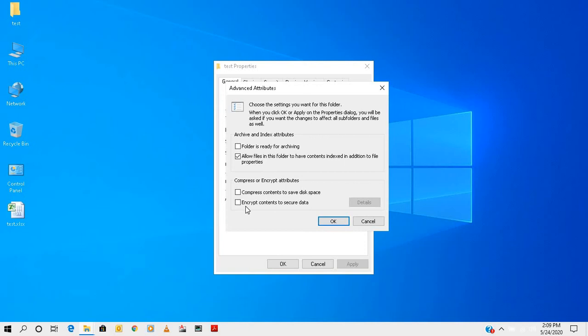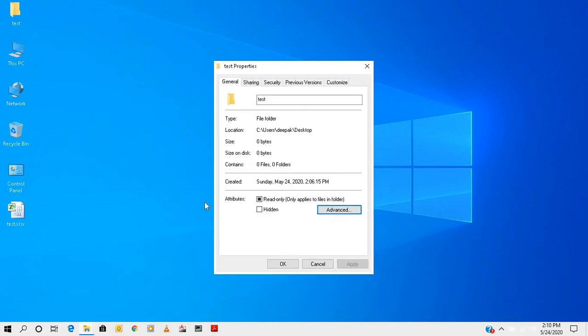He can't do that, because you already encrypted that folder and file. So he can't access your secure data or secure folder and file. This is very useful if you have data for security purposes, so you can encrypt it.